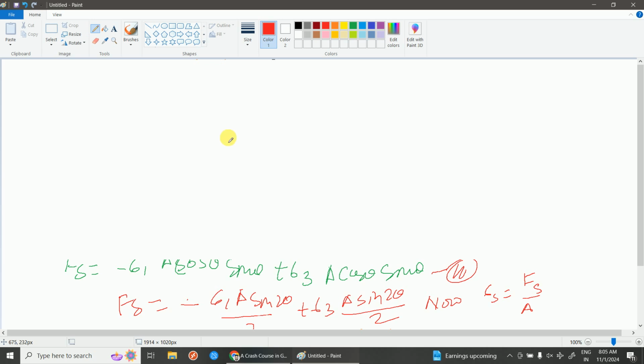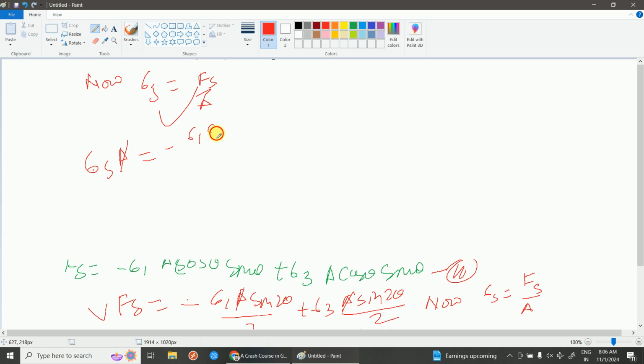This one, what will happen now? Sigma s is equal to Fs upon A. Okay, you know well this one, and we have derived this equation. Now put this Fs value in this equation. Then what will happen? This is your sigma s, and this is A, and is equal to this one. Then from this cut this value, then finally you will find the minus